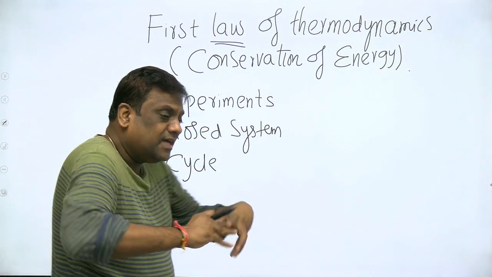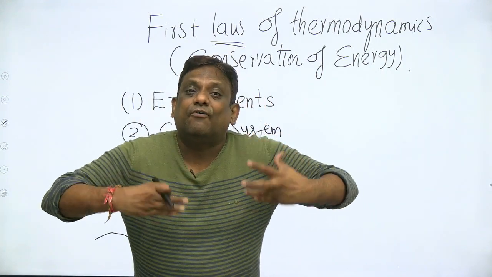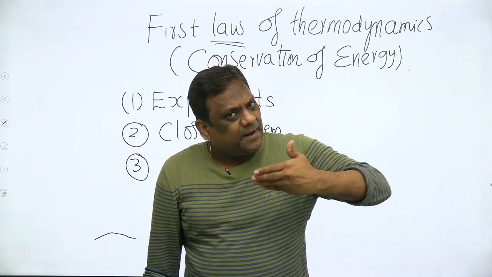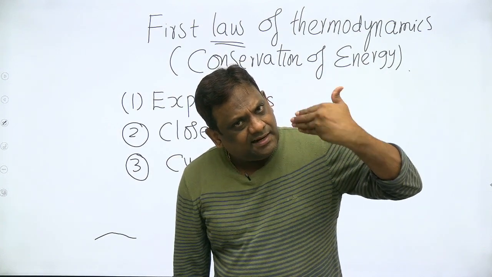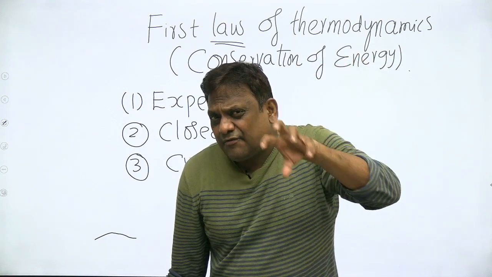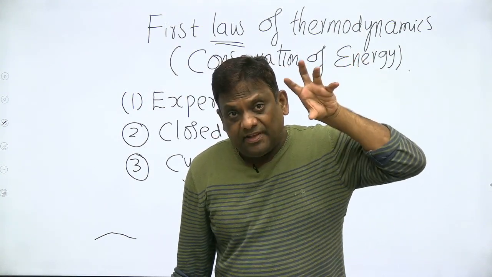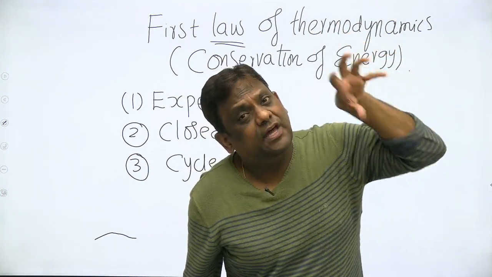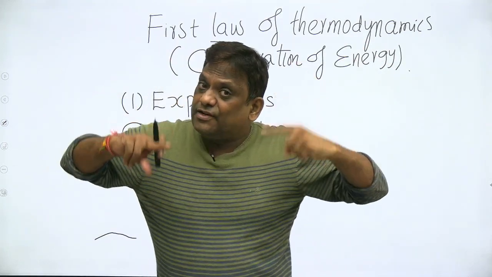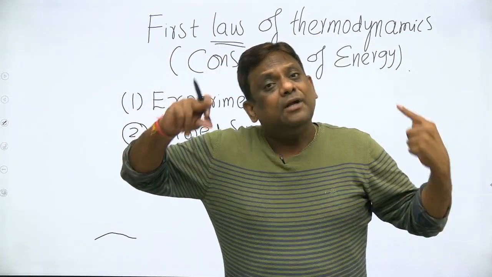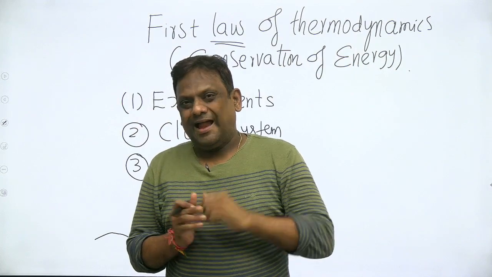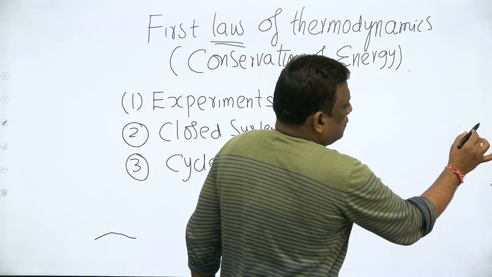Later on, from the cycle, equations were developed for a process. I'm telling you again, listen. When experiments were conducted, they were conducted initially on a cycle. So they developed equations for a cycle. At that time there was no first law equation for a process. Later they developed the equation for a process. Means you have the first law equation not only for a cycle, you also have it for a process. But the process equation was developed a little later than the cycle equation. And please, my dear students, focus on these three terms.